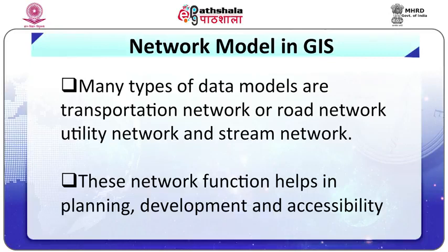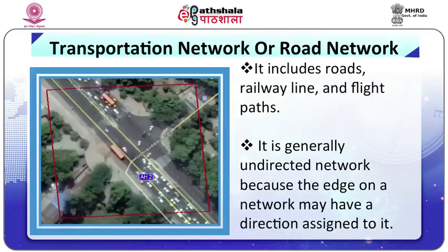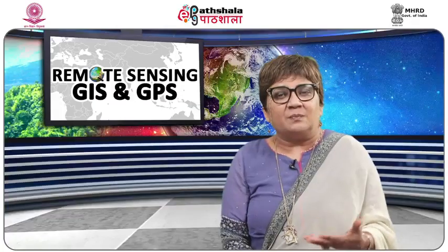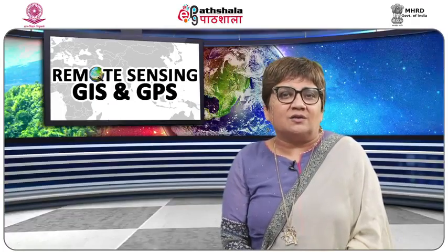So now let us spend time on an example of a transportation network or road network. A road network includes roads, railway lines, flight paths. It's generally an undirected network, because the edge on our network may have a direction assigned to it. The transportation route, the direction, speed and destination of travelers can be decided by the person. So all these become layers, right? For example, a person in a car traveling on a street,